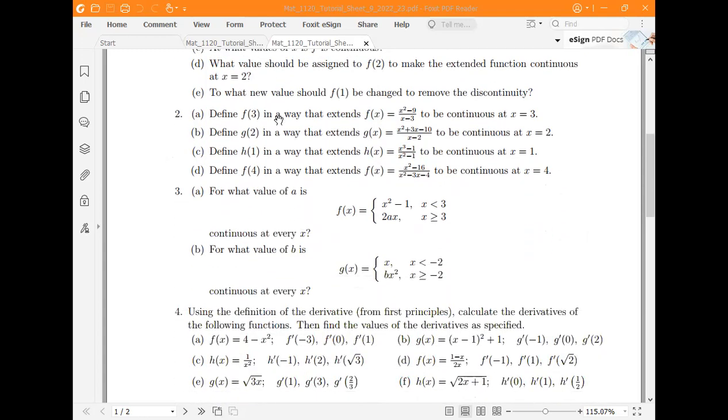Question 2. Define f of 3 in a way that extends f to be continuous at x equals 3. So already that gives you a hint that it's not continuous. So we have,